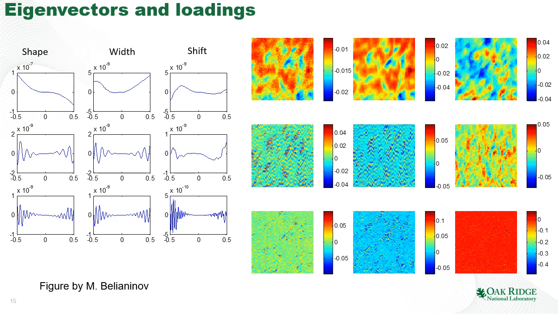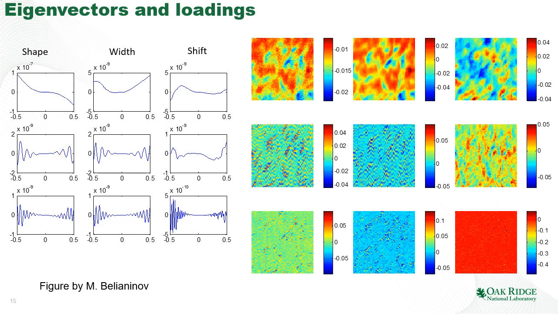So this is clearly not a noise. But components number 4 and 5 start to look like some form of periodic noise that is being captured by the microscope, and that the principal component analysis allows us to separate. More interestingly, if you look at the eigenvectors for components 7, 8, and 9, you can see that they're